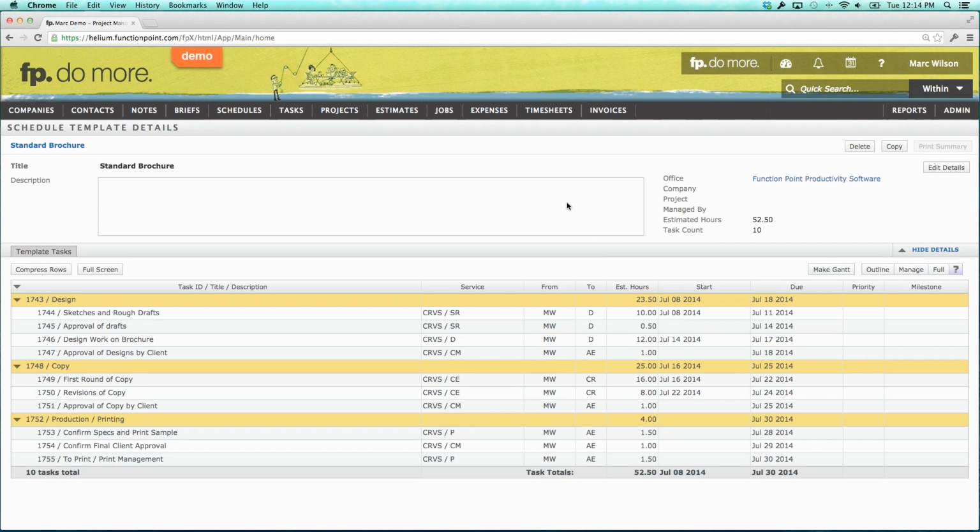And just to recap, what I've done here is I've navigated to an existing schedule that I used. I chose to convert it to a template. I blanked out the details that aren't relevant to the template, like the specific company the schedule was for, and I updated the name. I then went in and adjusted any details of the schedule that need to be more generic. For example, who the work is being assigned to, the role as opposed to the specific individual. This template is now primed to be used over and over again whenever I'm ready to do so. Before we move on to the next step, which is going to be creating a schedule and then converting that to an estimate and looking at the dollar values that come through,